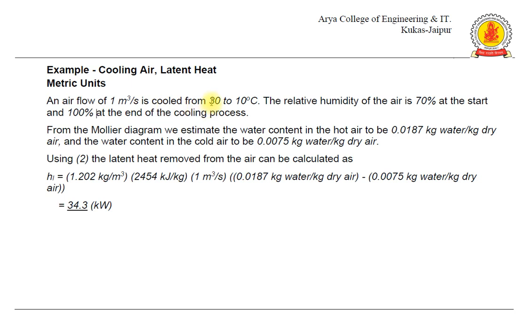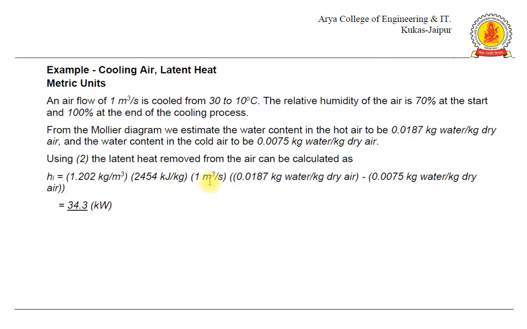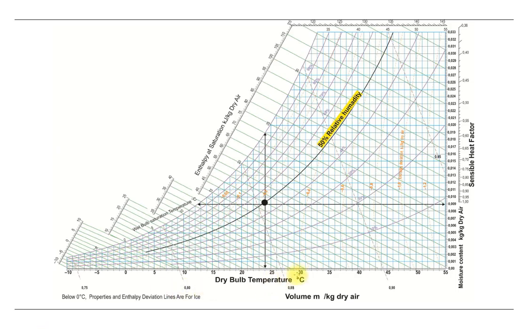So first we will take 30 degrees and 70% RH, and we will find out this W1 part. This is the humidity ratio. So the humidity ratio at 30 degrees centigrade and 70% RH. Now I am going to open the chart. So in this chart, this is